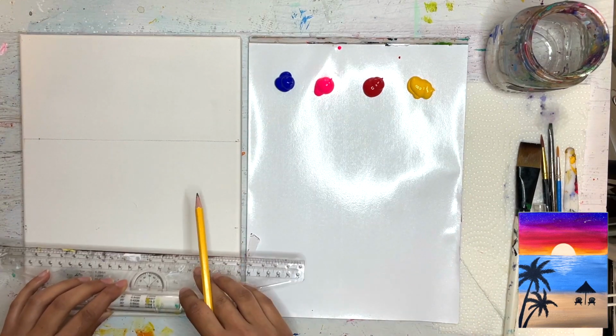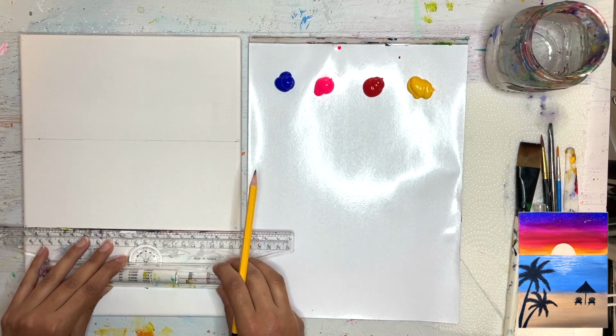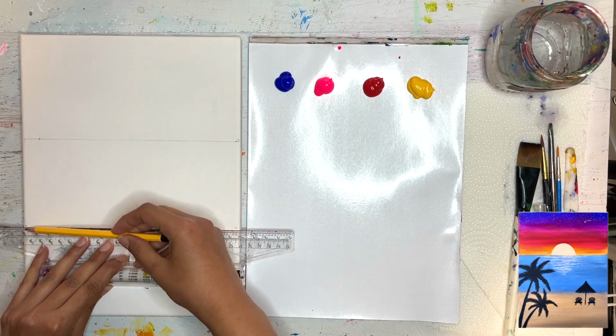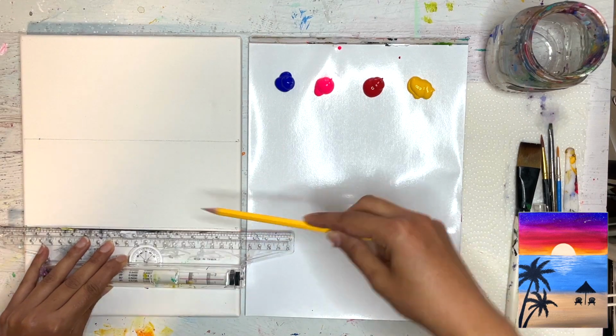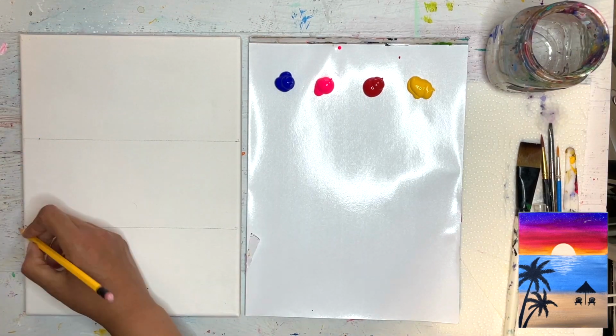So that's going to be the horizon line, and we're going to make another line about 4 inches down from that one, and that's going to be the line where the ocean meets the shore. Okay,